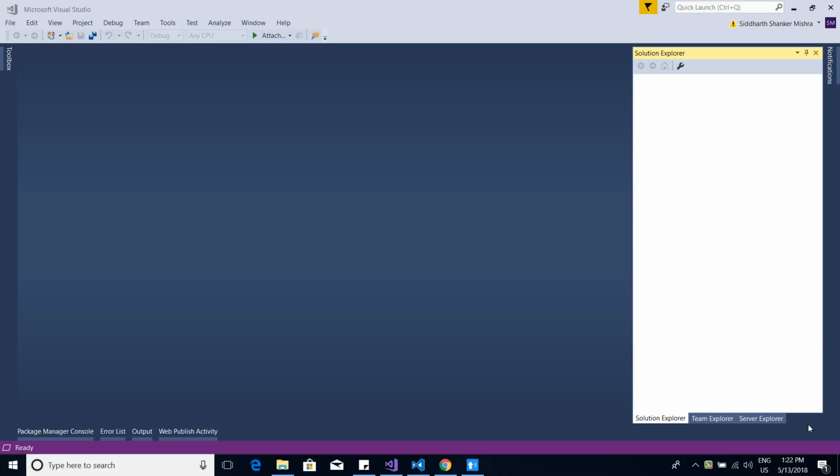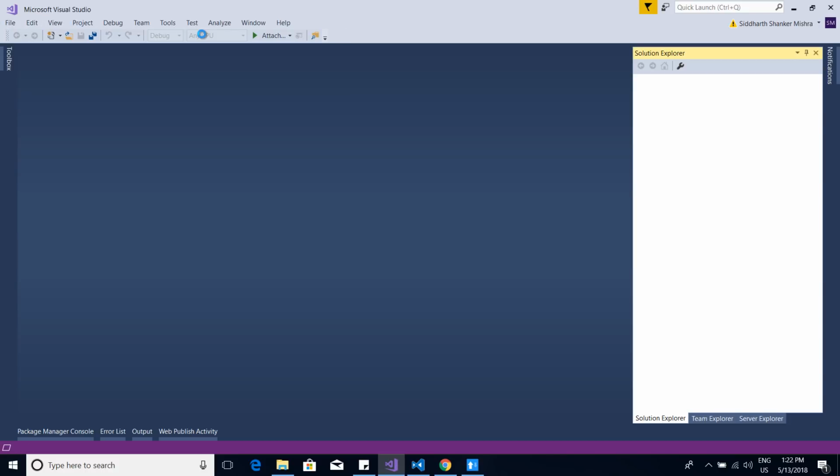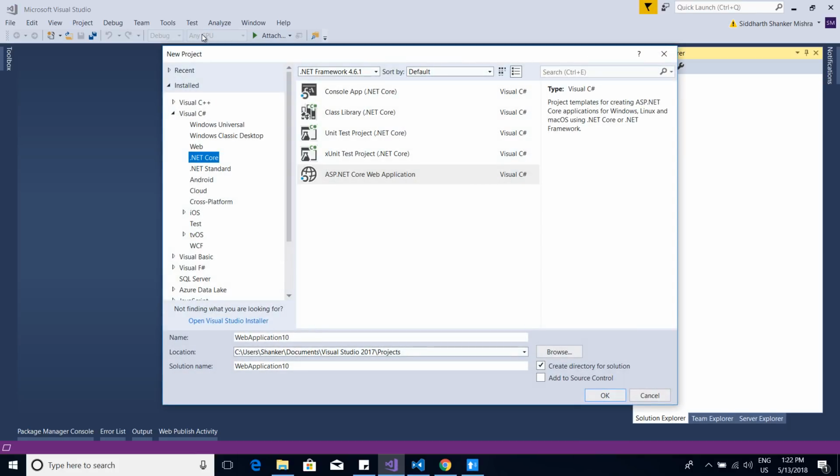So let's get started. Open your Visual Studio and go to File, select New, and then select Project. Here select ASP.NET Core Web Application and give it the name Token Demo. Click on OK,